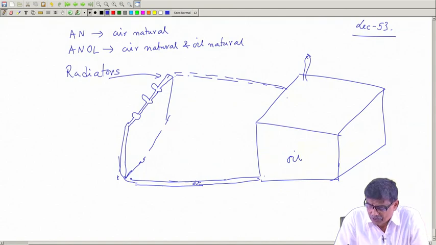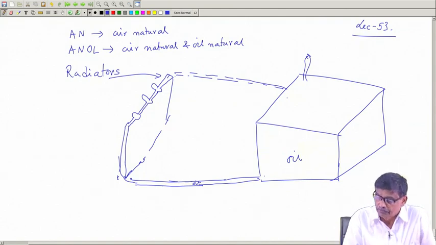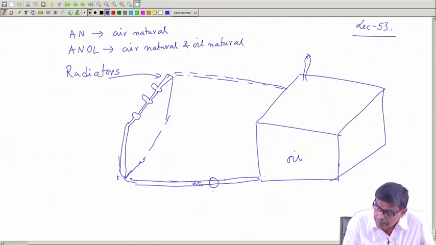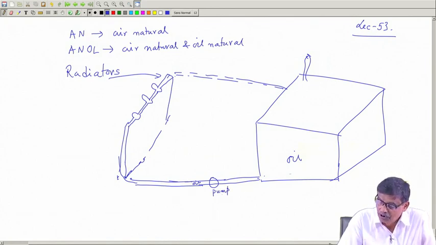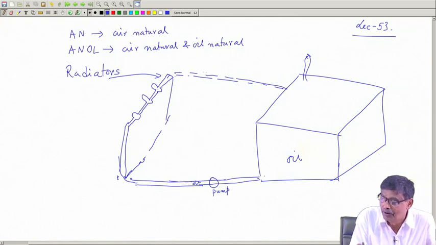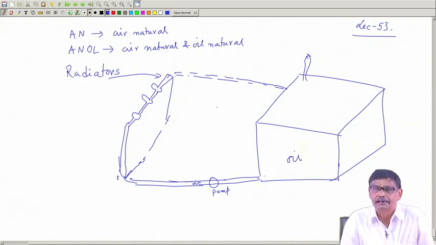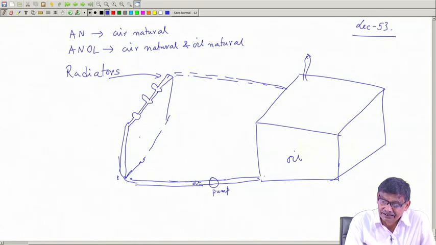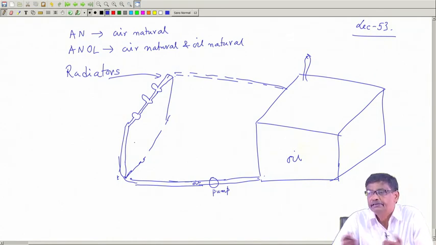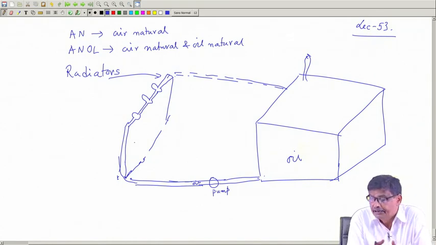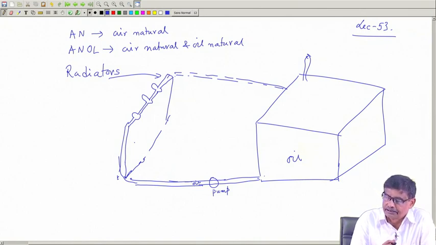Now, oil on its own may not go. For large transformers, they will connect an oil pump. Oil will be forced to go up and then return to the main tank. So, you artificially increase the surface area, and these radiators may be at a far off place, quite some distance away. Then it is called oil forced cooling.